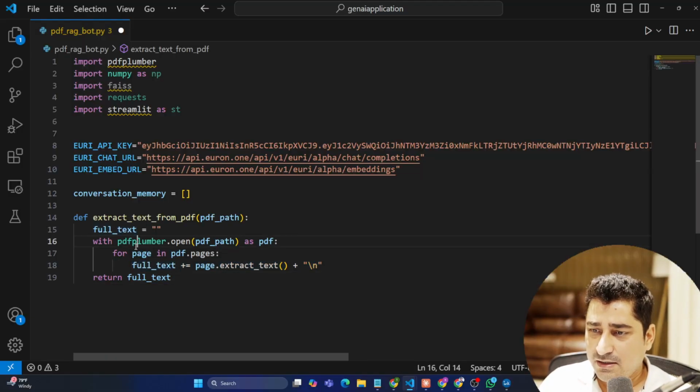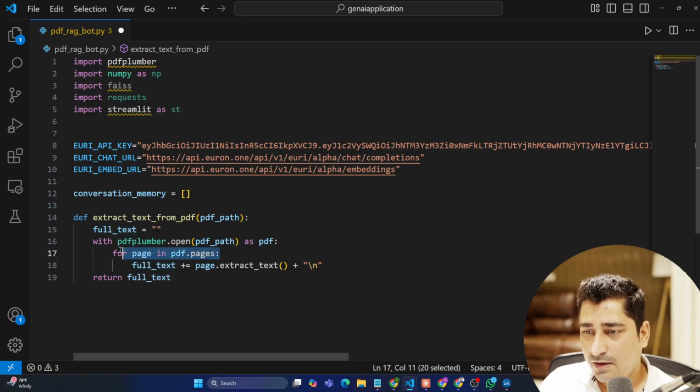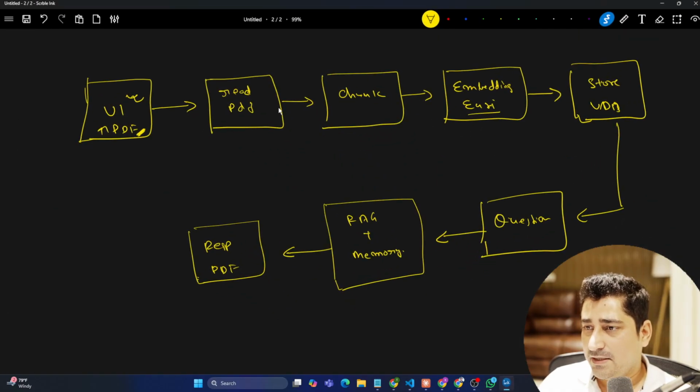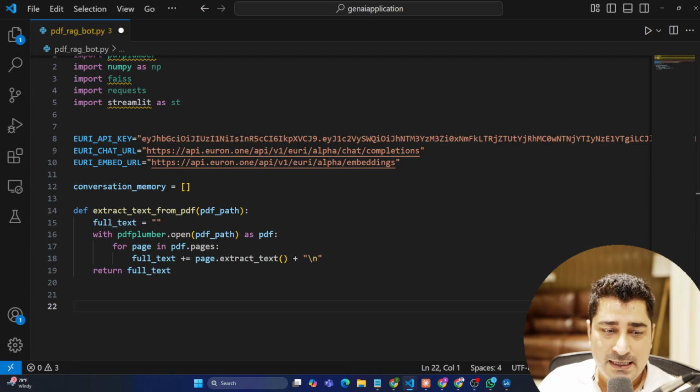So this is what this system is doing, and I don't think this code is in any way difficult to understand. It's very easy to understand, right? Here we are going through our pages, and one by one we are extracting. Okay, so this first part is read PDF, right? Once I will be able to read a PDF,